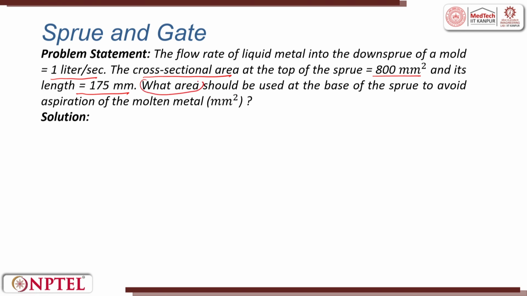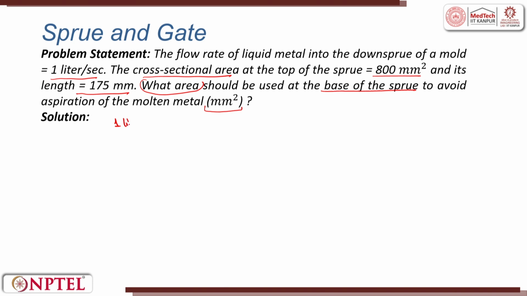What area should be used at the base of the sprue to avoid aspiration of the molten metal? Area is to be found or is to be calculated in millimeters square. Now, for this problem, we have been given